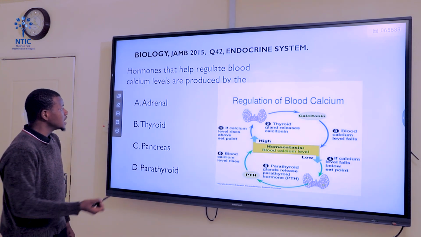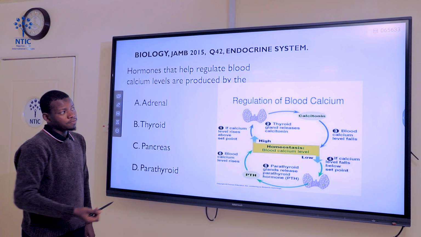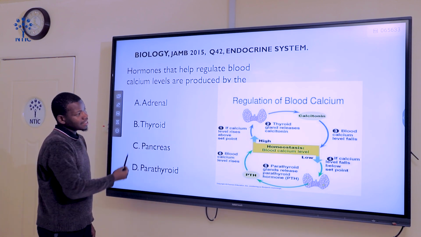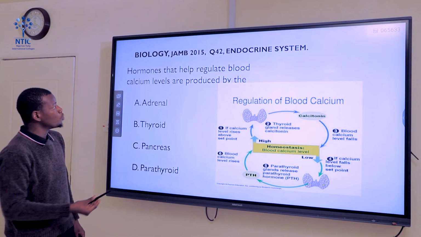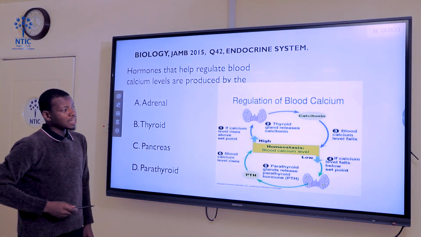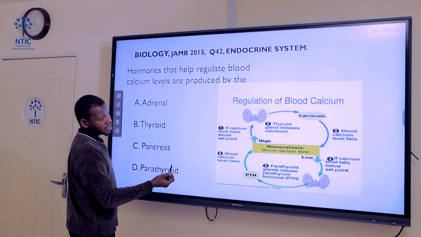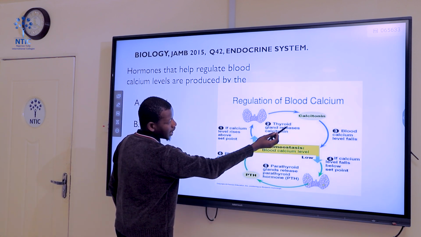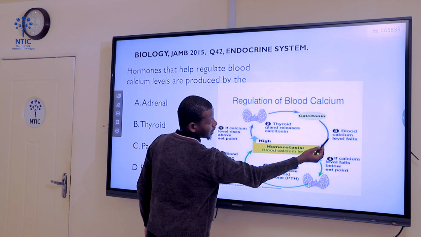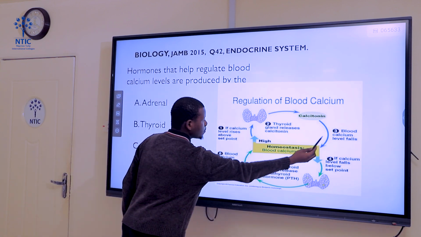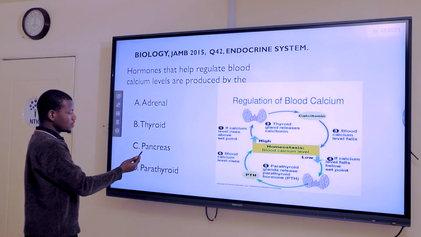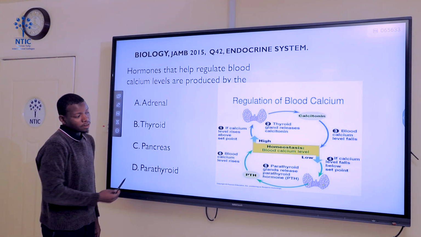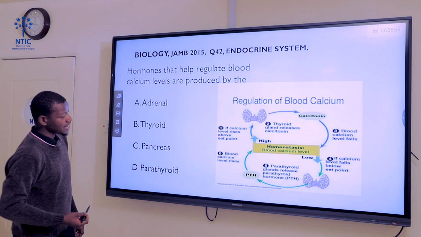effect their function. Adrenal gland is a type of gland that produces adrenaline. Thyroid gland is that gland that produces a particular hormone that regulates blood calcium. And as you can see here, the thyroid gland releases calcitonin, and calcitonin is the one that controls or regulates blood calcium. Pancreas, on the other hand, makes hormones like insulin and glucagon, and parathyroid gland makes hormone like parathyroid